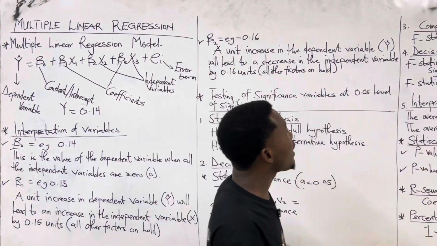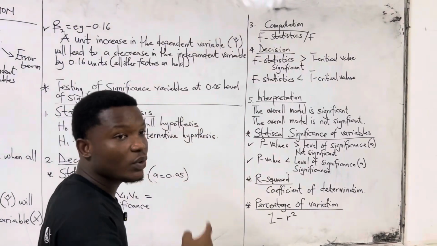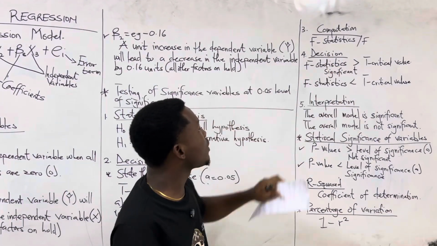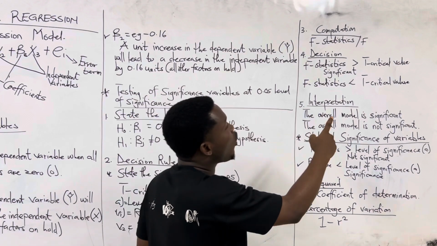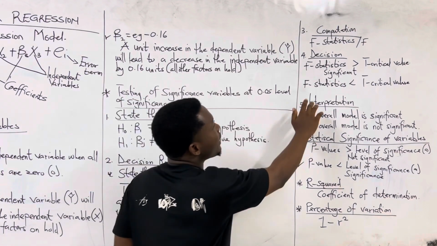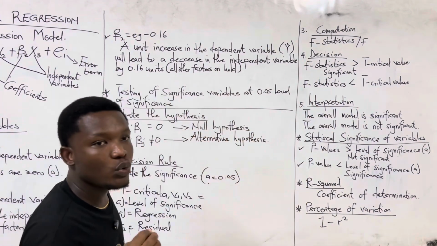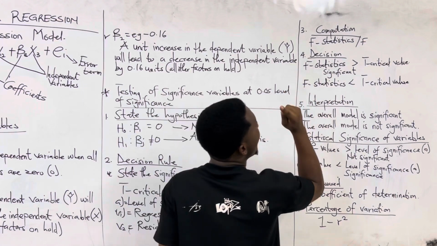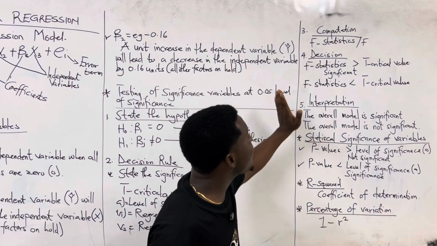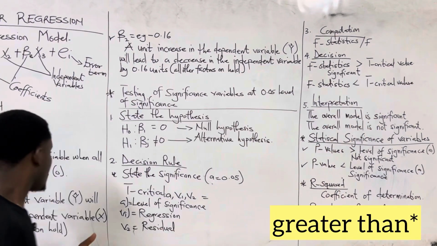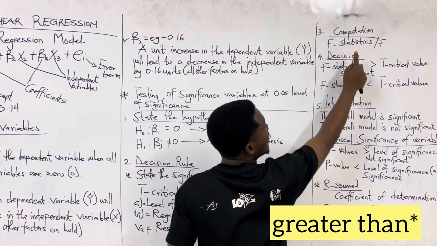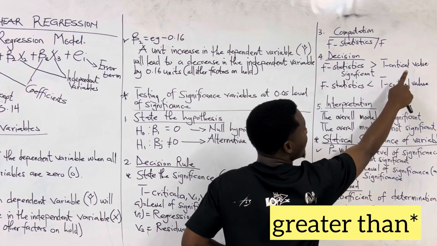And third, we have the computation. Whenever you are doing multiple linear regression, this figure will be given to you in the Excel. So we have the f statistics, or the value of f. That one, you just write the value of f or f statistics in there. Then we come to our decision. How will we make the decision? If our f statistics is greater than the t critical value, which is the one that we have solved for,